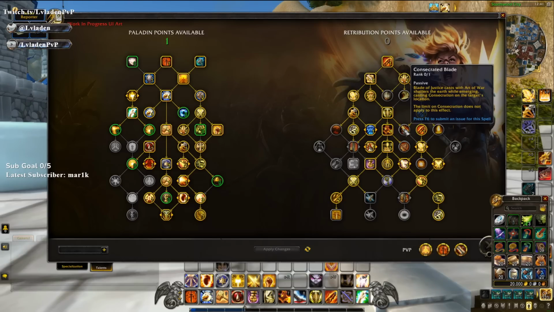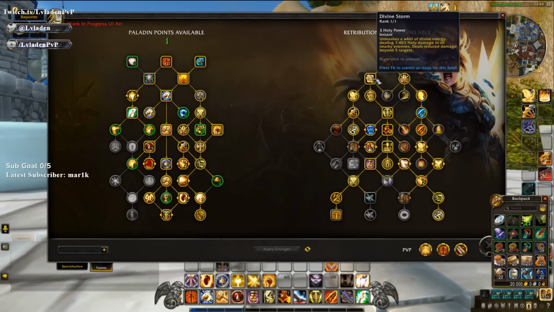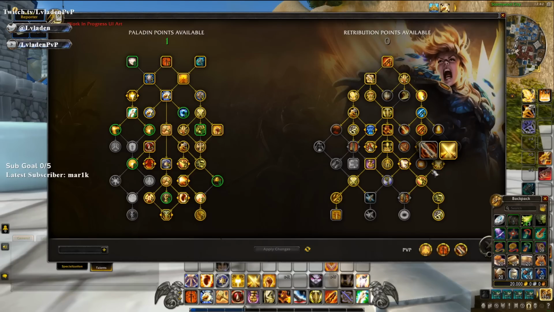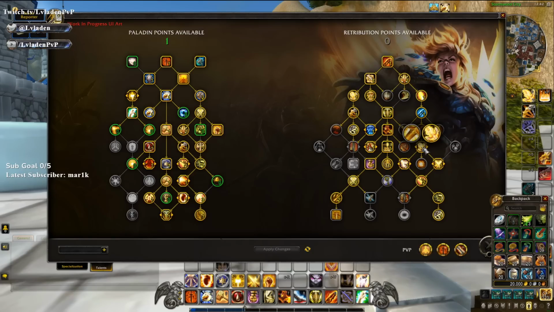And I did make a consecration build a few videos back to just see how much damage we could pump out of it, and it's not fun in my opinion, and it's weak. So we'll see. If this gets massively buffed, we'll see, but I am a fan of getting rid of Consecrated Blade, Calm Before the Storm, Consecrated Ground, and reworking them into AoE damage talents regarding Divine Storm, or moving the Divine Storm talents that we have down here up to replace these, and then maybe changing the Tempest of the Lightbringer, like shifting it up to Consecrated Blade, and then putting a new talent down here regarding Crusader Strike,